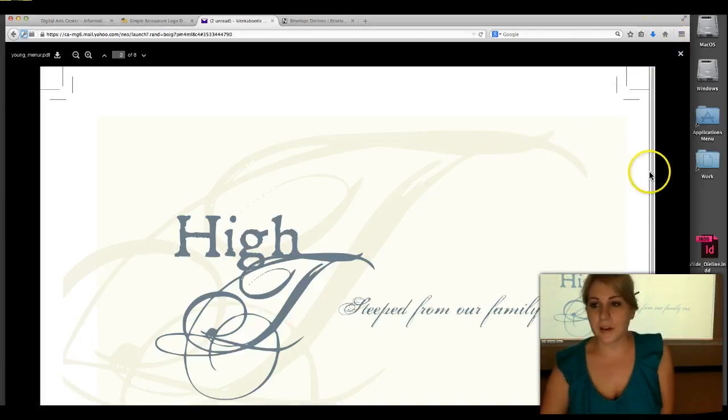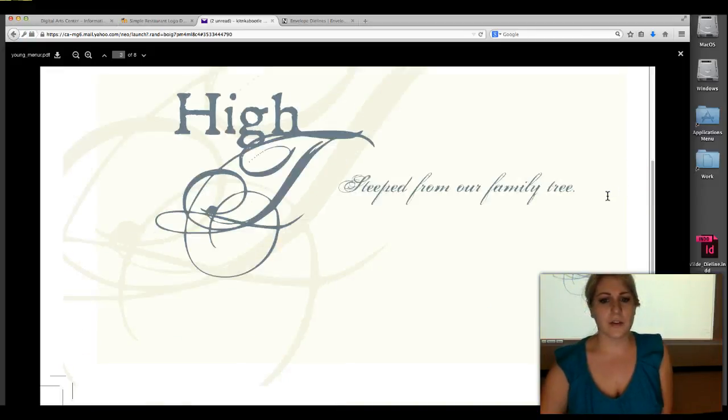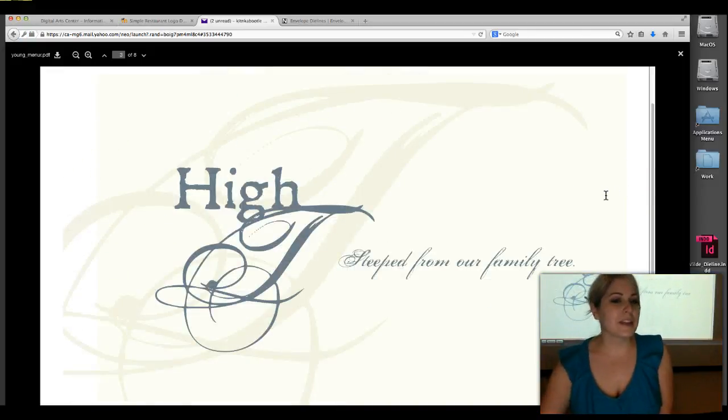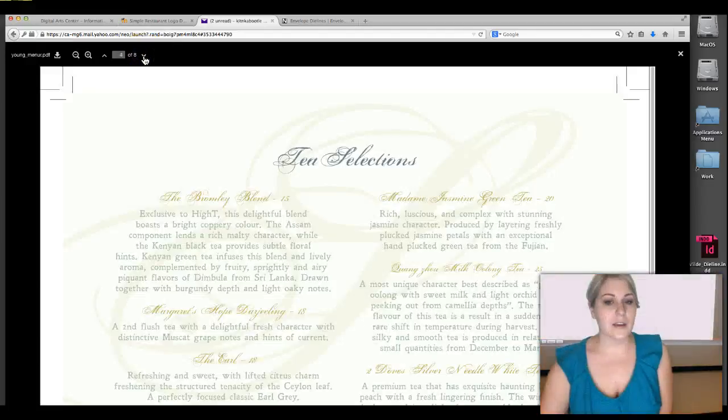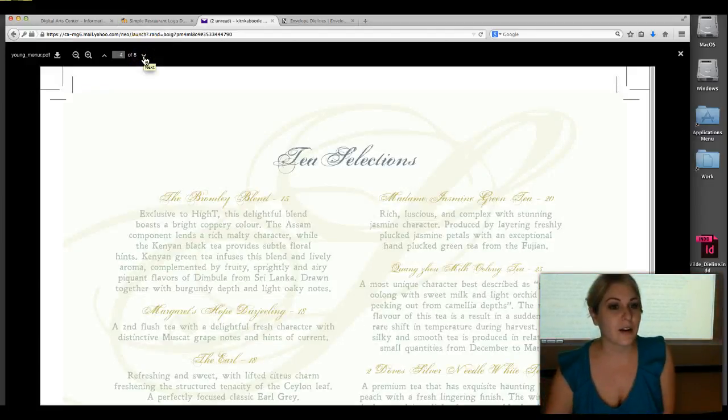So this is the cover. I don't know how you can... Oh, here. Or not the cover. The first page. The first card that comes out of the envelope. And it is just like a cover page with the logo, and the steep from our family tree is the